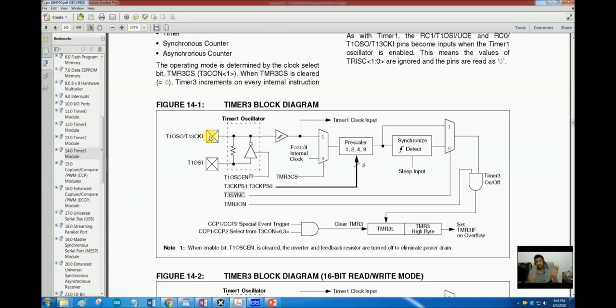and we can also configure them as timer 1 and timer 3 both use the internal clock, or timer 1 and timer 3 both use the external clock. So in this last case, in which they both are using the external clock, both of them will be sharing the same clock source and they will be operated at the same frequency. Apart from this, everything is same.